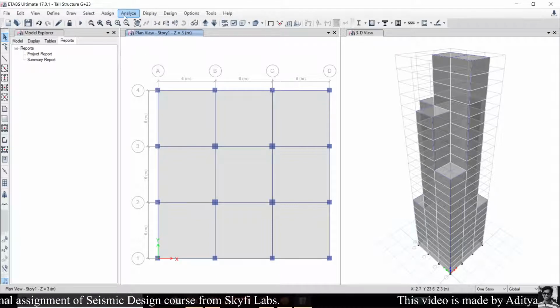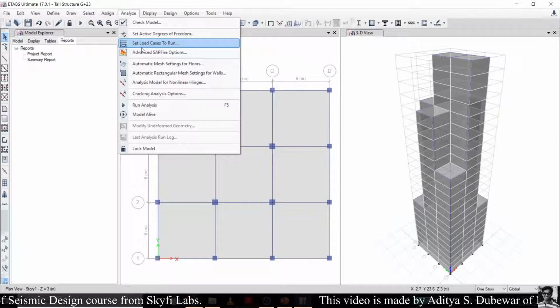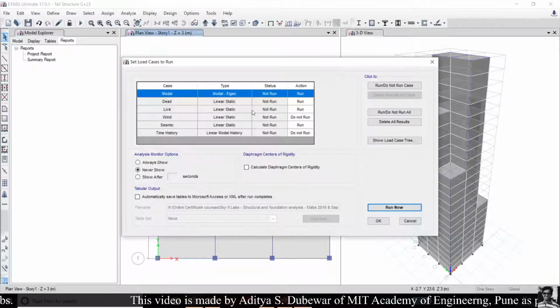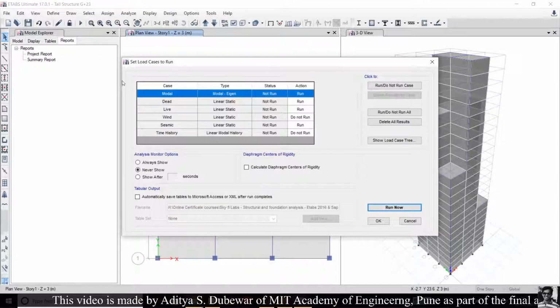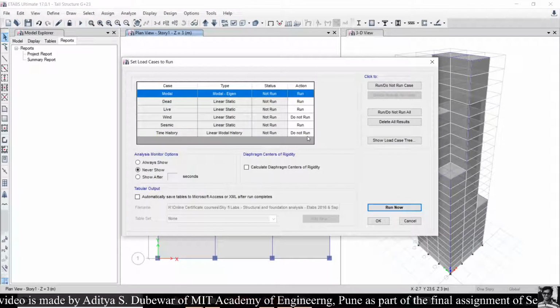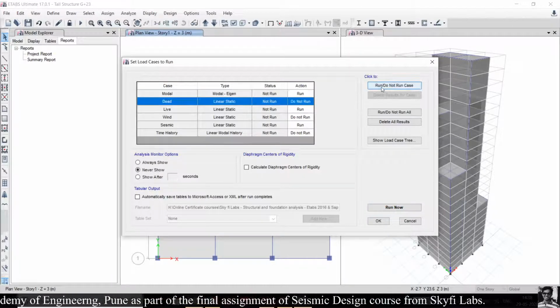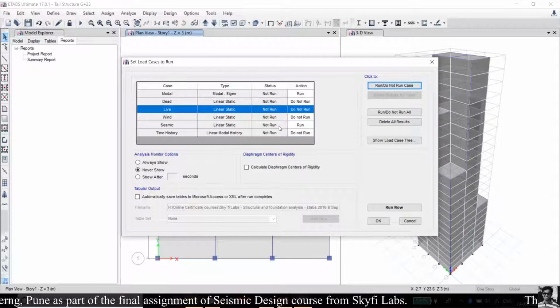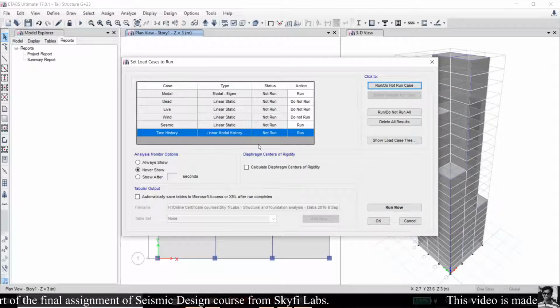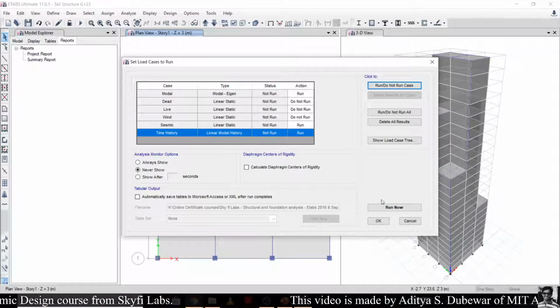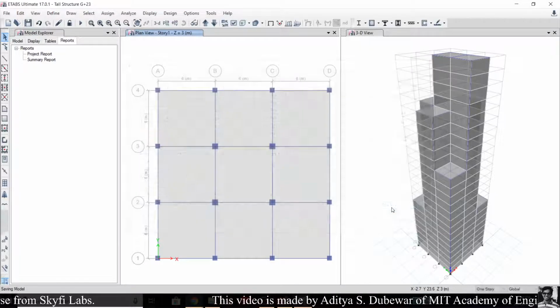For that, click on the analyze tab, then select the set load cases to run. Now we will run the analysis for the seismic load and time history. So there is no need to run the analysis for the dead load, live load, wind load. I will change the action for these. Now we will run the analysis for the seismic load and time history load case. Now click on run now.